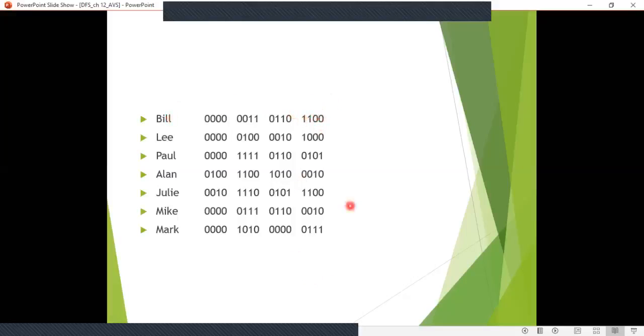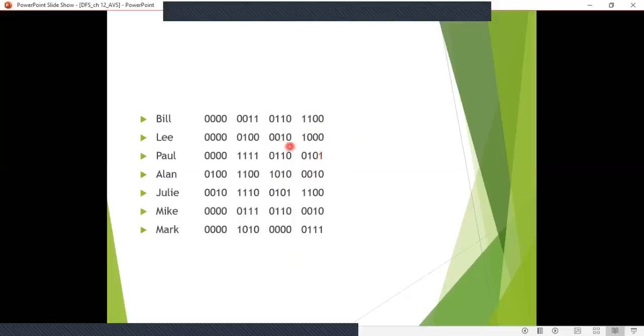These are all lower order bits. Lee will have 0001, and Paul will have 1010. This is if we want to extract the 4-bit lower order address.